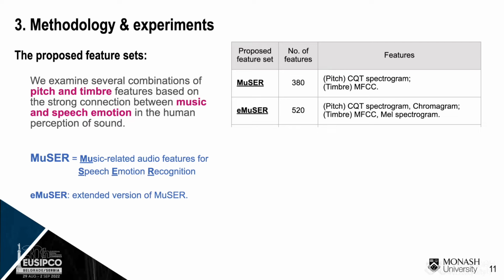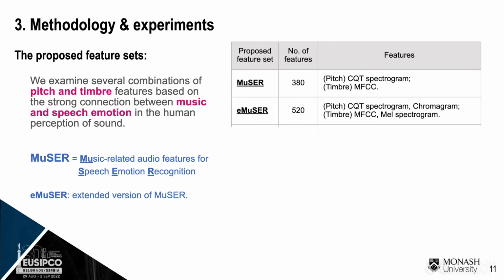The pitch-related features represent the intonation of the voice, for example, high or low, based on our feeling. The timbre-related features represent the color of the voice, for example, warm or cold. According to auditory research, the interaction of these two feature groups is crucial for us to focus on the content